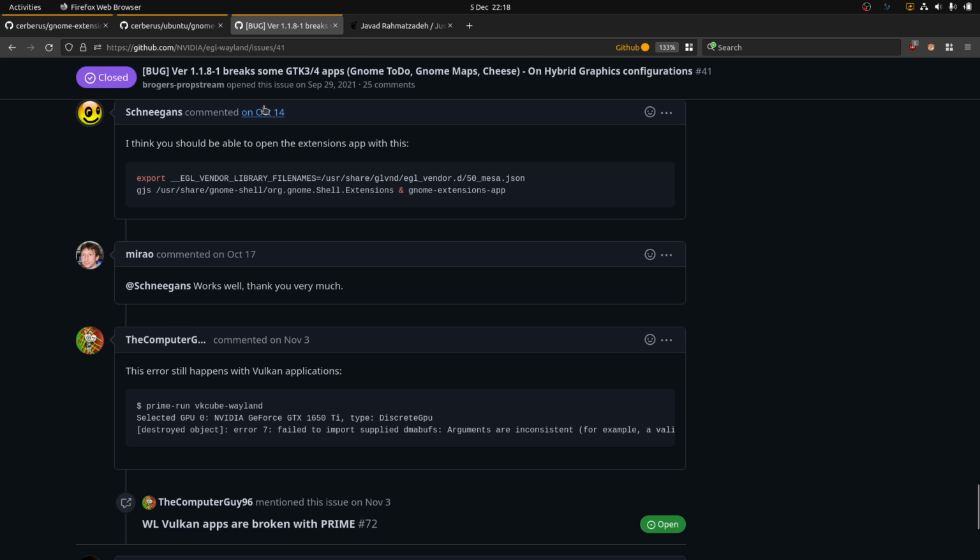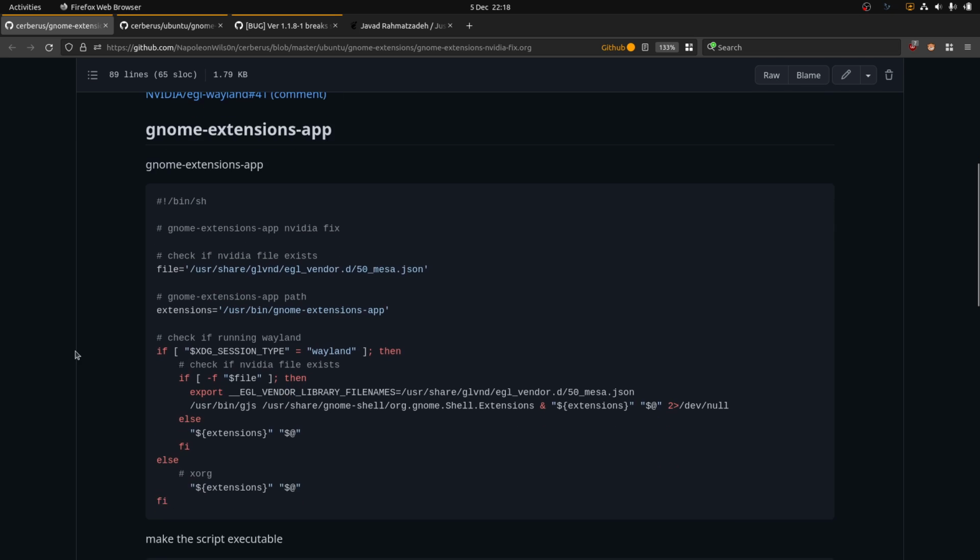The way this works is you need to specify the EGL vendor library file names and a path to 50_mesa.json, and then run GJS, which is global JS, the path to all GNOME extensions, and then extensions. And what this does is get around a bug